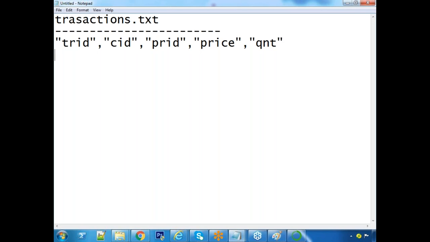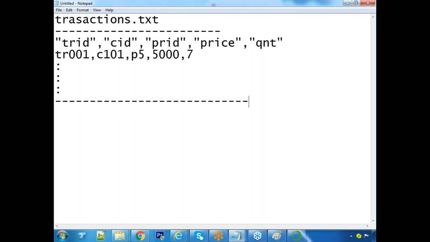The sample data: transaction ID TR001, customer ID C101, product ID P5, price 5,000, 7 units purchased. Total 7 into 5,000 is 35,000. That means the bill for the first transaction is 35,000. In this way you have a lot of records, a lot of transactions.